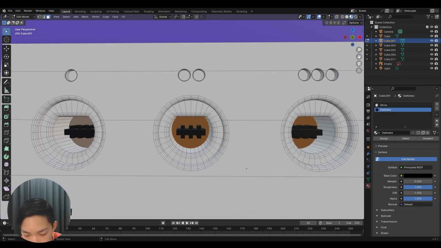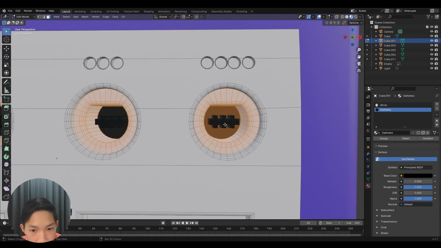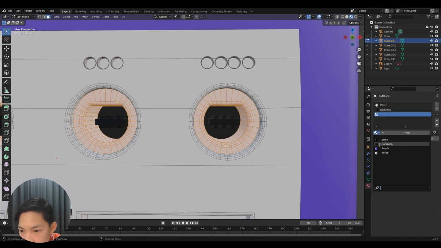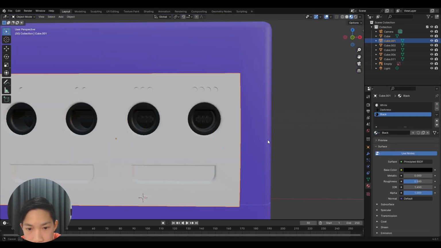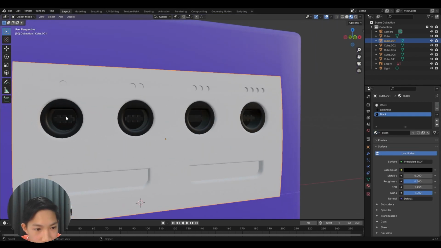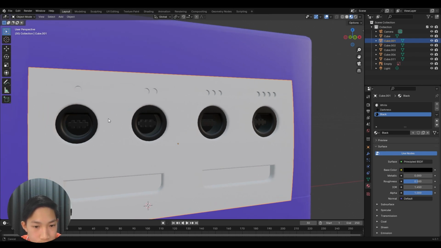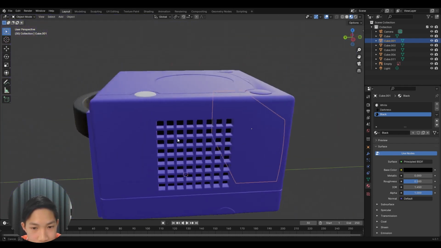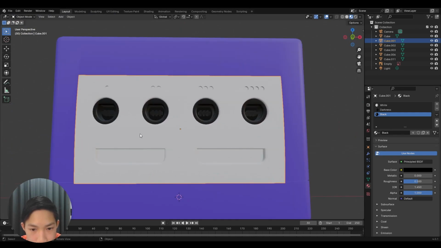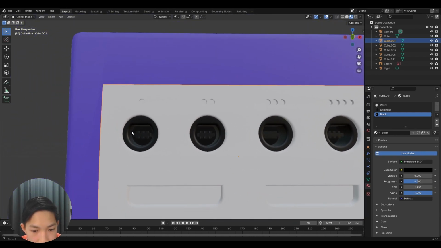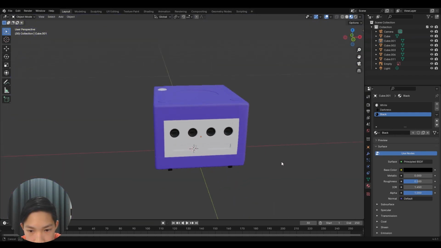Other parts like here, I'm going to press Control plus until it comes to this area. Then I'm going to unselect the face at the end, which is darkness. I'm going to add a new one, make it black and assign it. So that might look like darkness, but this is black right there. And pretty much something like that. I think that's it for the